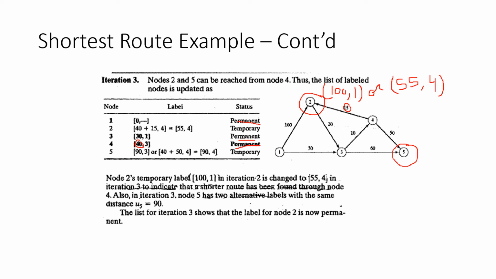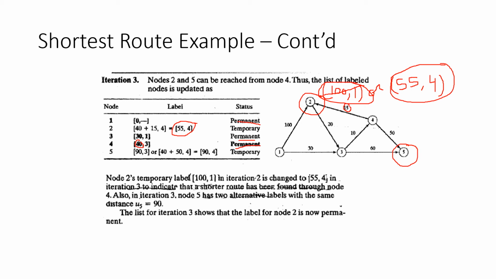So right there, I will remove the longer label, which is 100, 1, and only stick with 55, 4 as a temporary label yet, and that's why you see 55, 4 here, but you don't see the 100, 1. Okay, and if it was 50, 1 or 55, 4, then I would take the 50, 1 instead. But here 55 is the smaller. But still, again, this is not permanent yet. I have to recalculate the